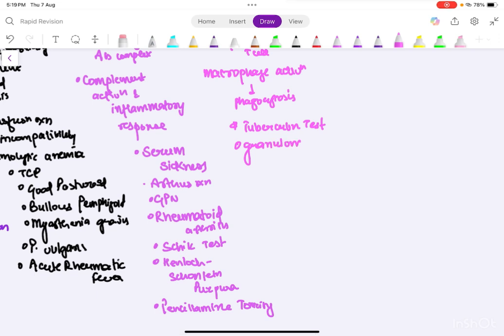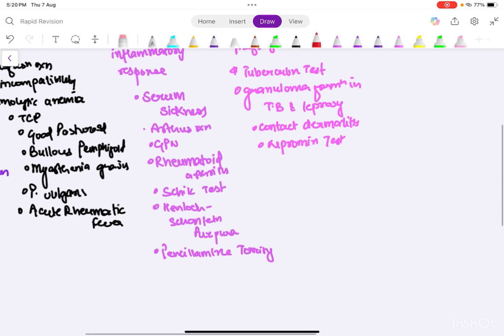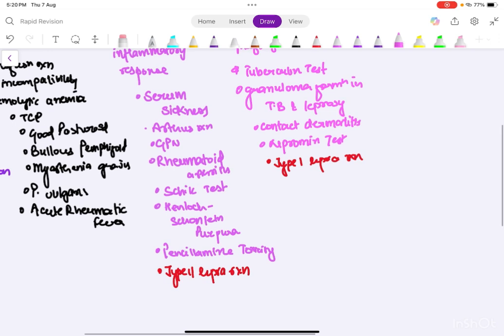granuloma formation in TB and leprosy, contact dermatitis, then lepromin test. Now there's one thing, type 2 lepra reaction is type 3 and type 1 lepra reaction is type 4. Okay, and graft rejection